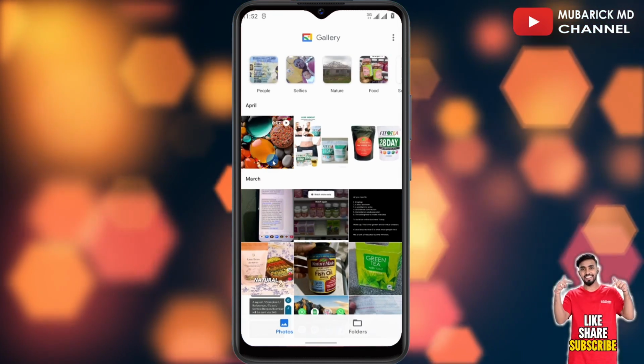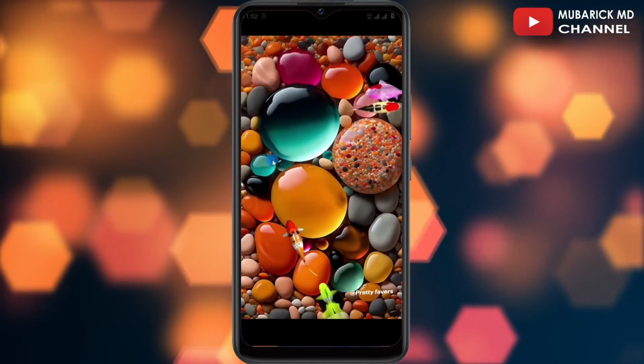If you want to play it, you can just proceed to tap on the video and it will start playing